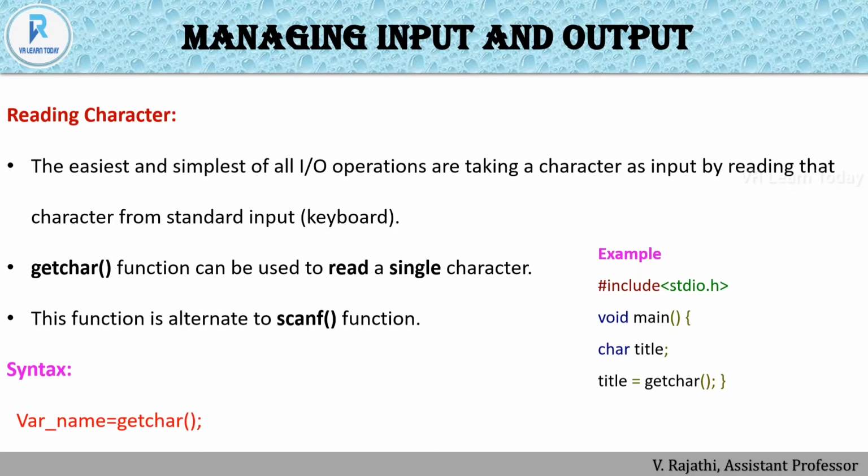So this is the syntax. We have to give the variable name equal to getchar. And this is the example for getchar, because we already know how to use scanf from a previous example. That's why I took the getchar syntax and getchar example. See, on the right side, this is the example. As usual, the header file. For managing input and output, we have to include the stdio.h header file, which is nothing but standard input, output. Okay, and void main with open curly braces. We are declaring the variable, and the variable equals getchar. Right? This is the unformatted type.